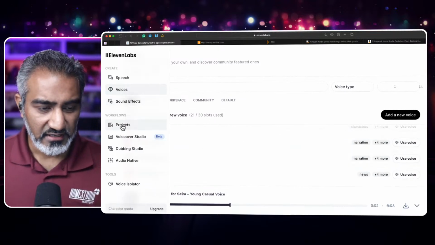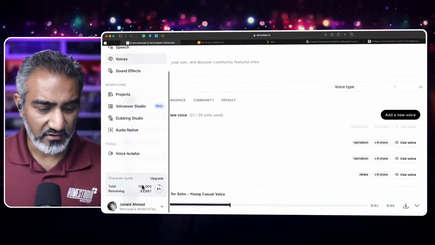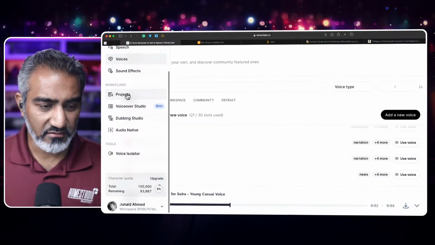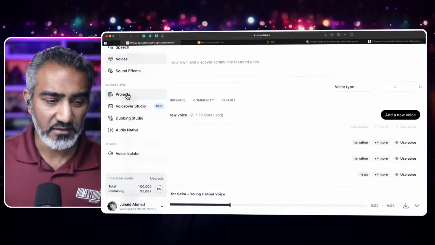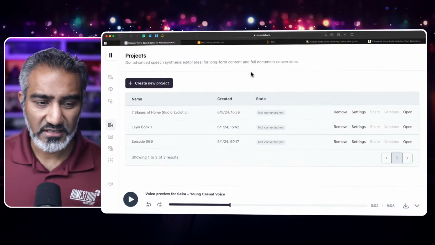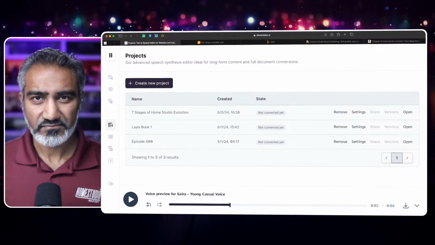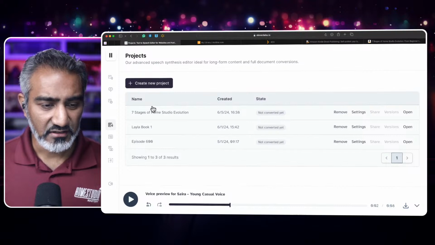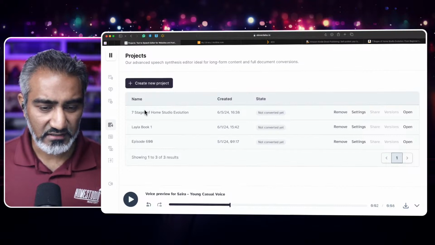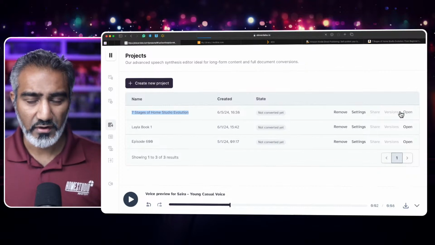wrote the reviews. And when you have the creator level account, so for example, I have about 100,000 quota remaining that I can use every month, I can create projects in here, and with the projects you can actually use it for long form content, and this makes it a lot easier. So let's get into the meat of it. I created the 7 stages of home studio evolution project already. I'm going to go ahead and open it,